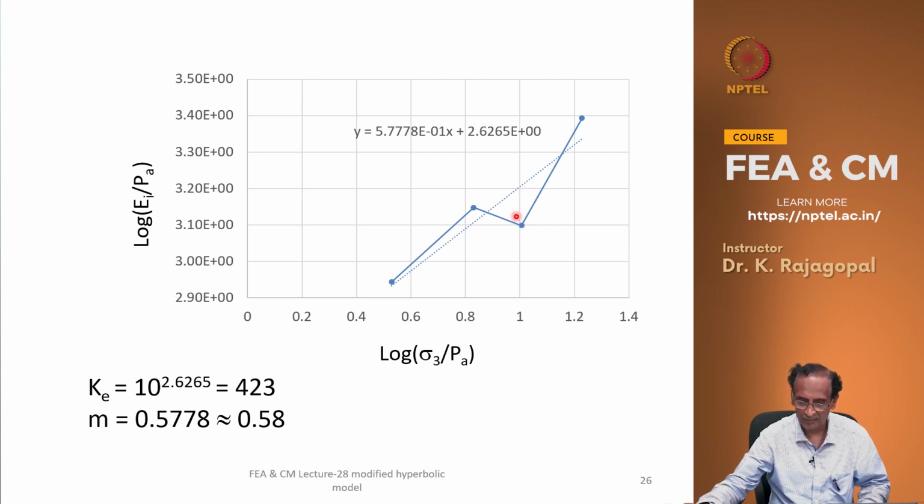So, we might have as well omitted this data point, but anyway, just to illustrate, I have included